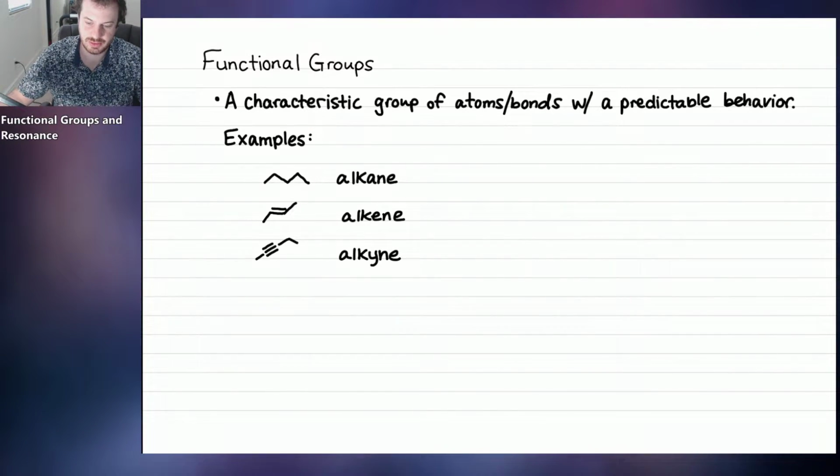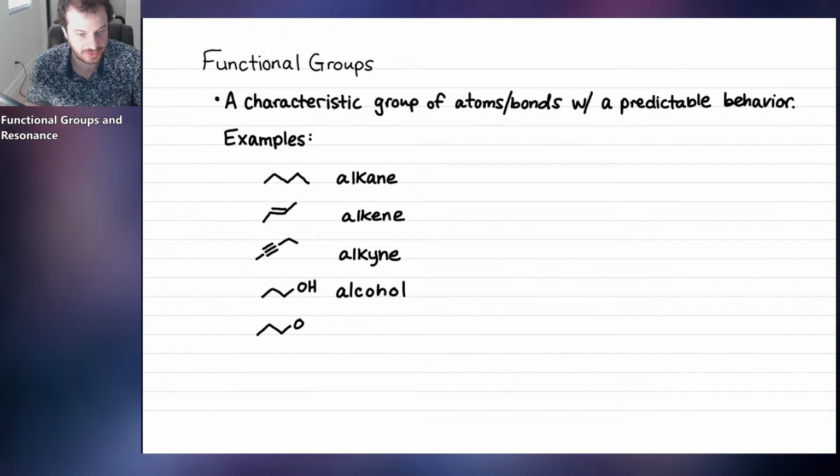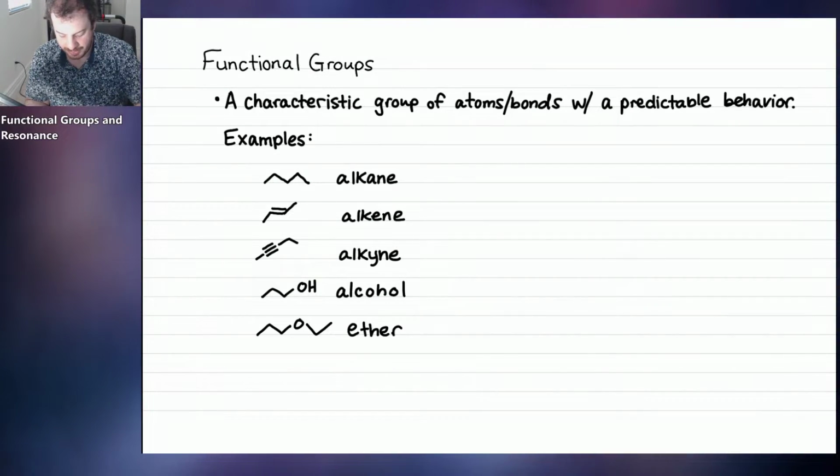All right. Another functional group we've actually already seen before in the last lesson was the alcohol. That's an organic compound that has the OH group in it. So if you see that functional group, that's called the alcohol. If you have an oxygen that, instead of being bonded to hydrogen, is bonded to carbon on the left and right, that is called an ether. So an ether is similar to an alcohol, except instead of being OH, it's O and then more carbons.